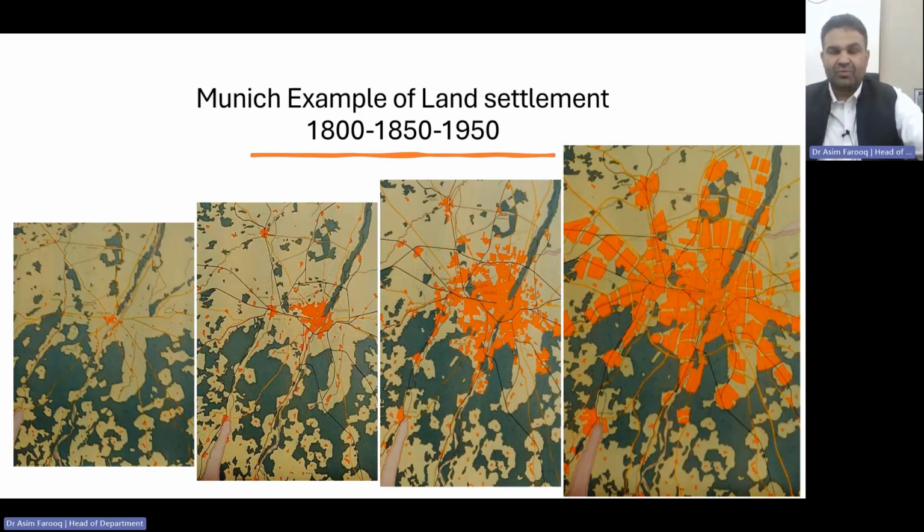This is the example from Munich city, which is located in Bavaria, Germany. As you can see here, in 1800, the population was exactly here, but after 50 years, the same city center was divided into three places: one, two, and three. But after 100 years, the same city was divided in many ways and almost to all four sides. As you can see, in the current situation, Munich is divided over almost 70 square kilometers